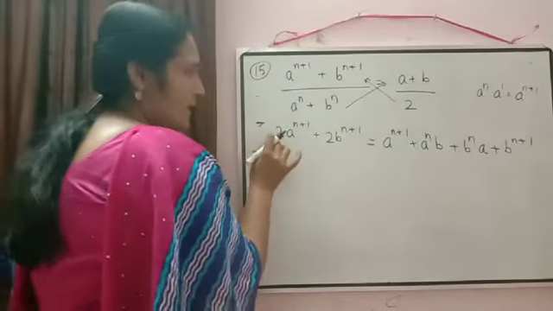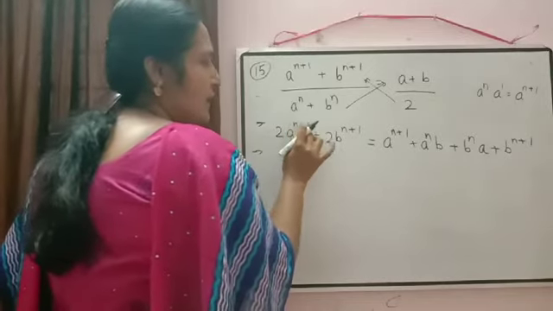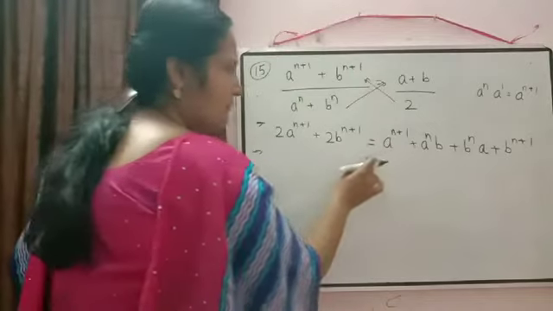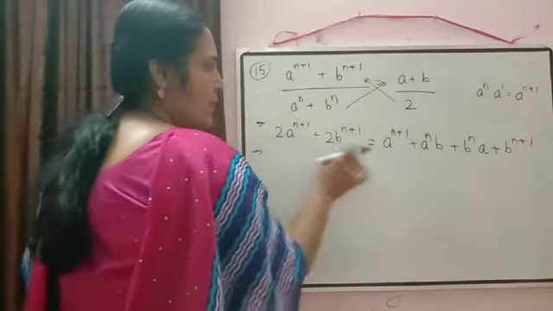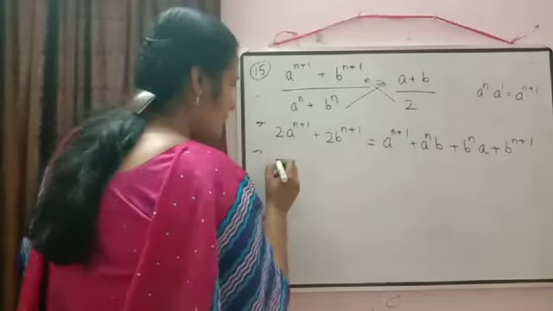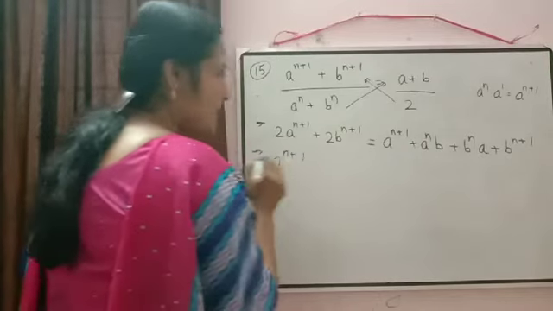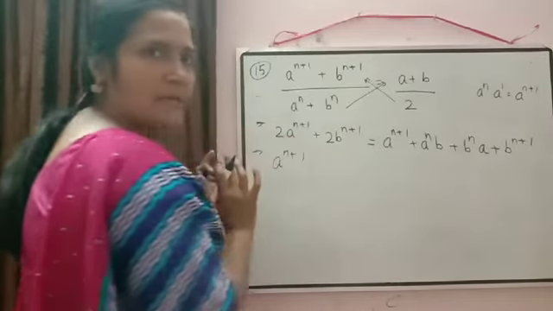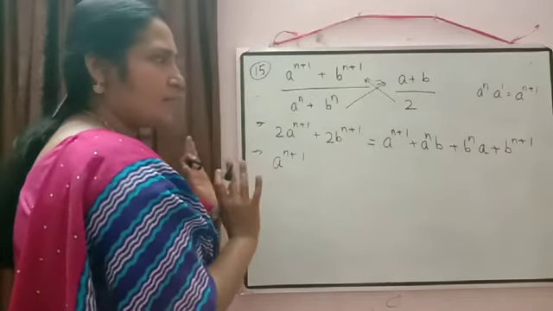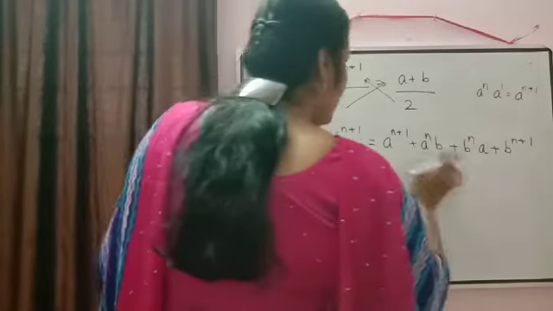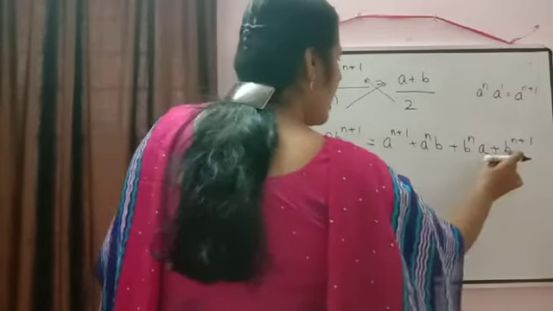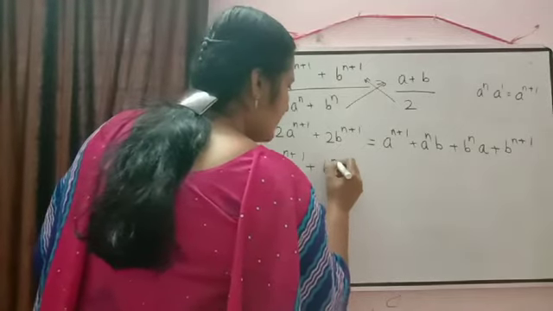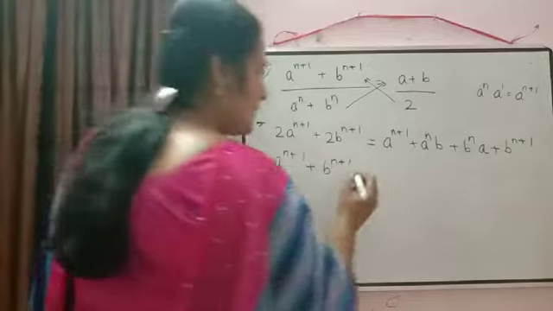Now just to check here, here also we have 2 into a raised to n plus 1 and here we have a raised to n plus 1. So if I will shift this expression here to 2 minus 1, what will come there? A raised to n plus 1, as we are doing 2x minus x. So that will be equal to x only. Same concept only used there. So here also 2 into b raised to n plus 1 minus b raised to n plus 1 will give you plus b raised to n plus 1 is equal to.